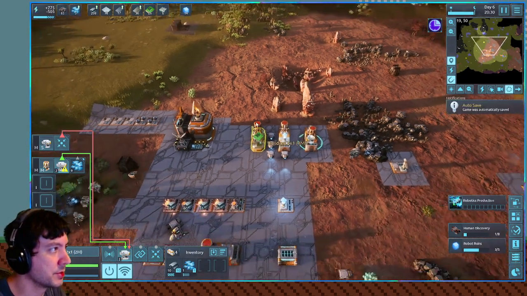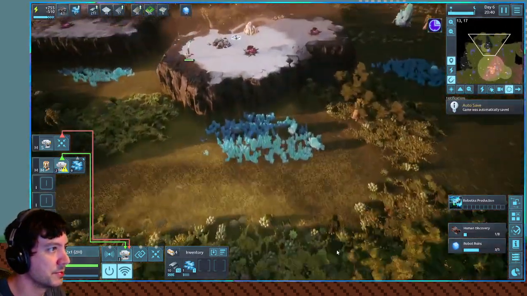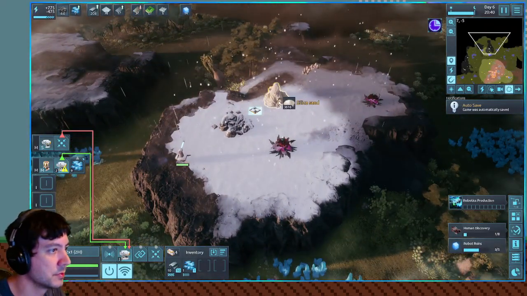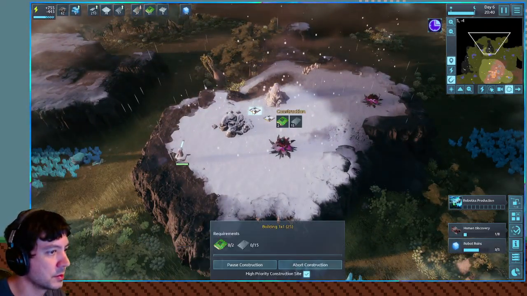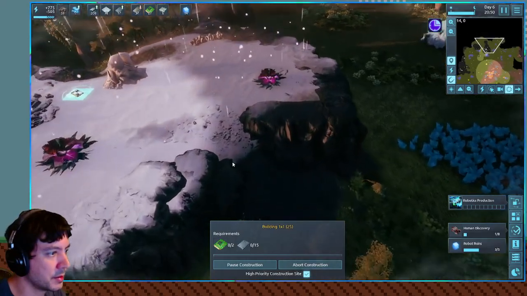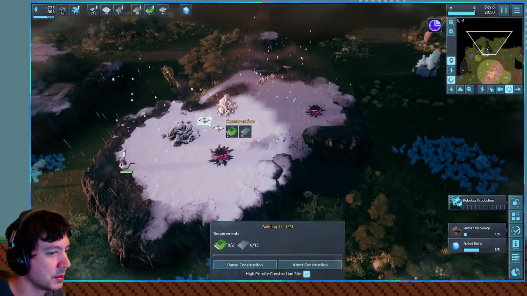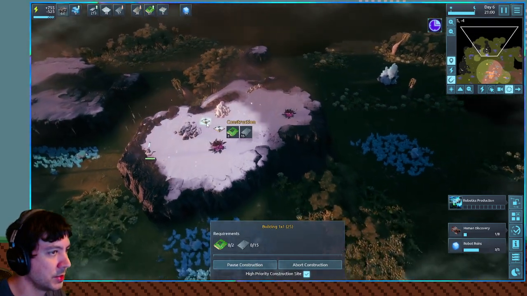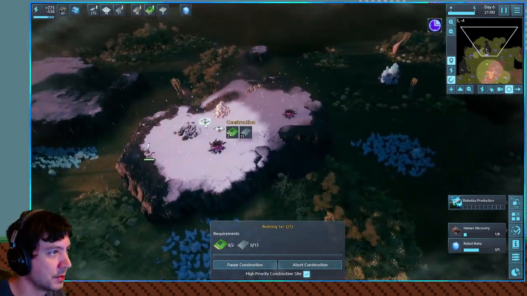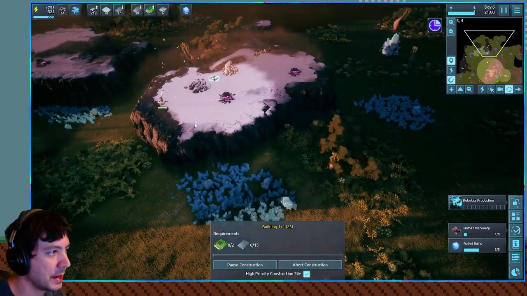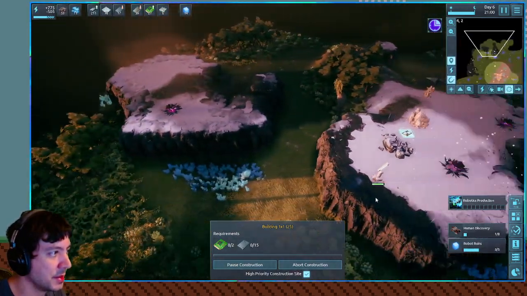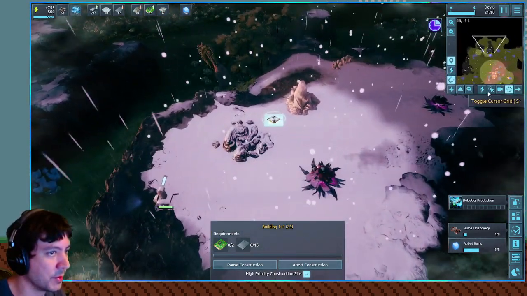Okay, crystals should be going up soon. No one's building. Why is this not being built? I really don't know. I can fathom some guesses about the network, but